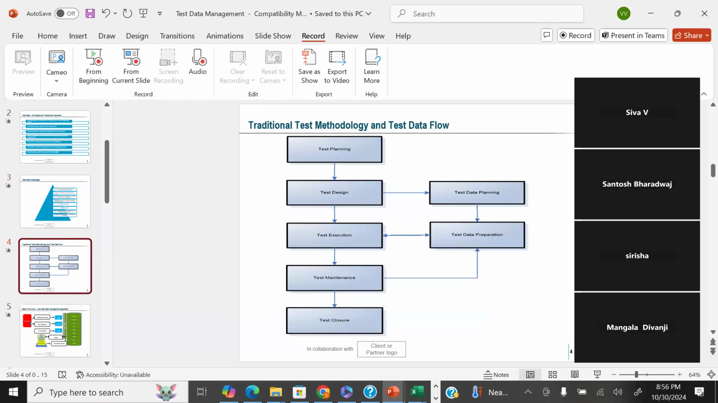And then coming to the traditional test methodology and data flow. If you see the test methodology, how to do test planning, and then test design, test cases will be written, and test execution, right? When test design happens, test data planning also happens. Here you see,